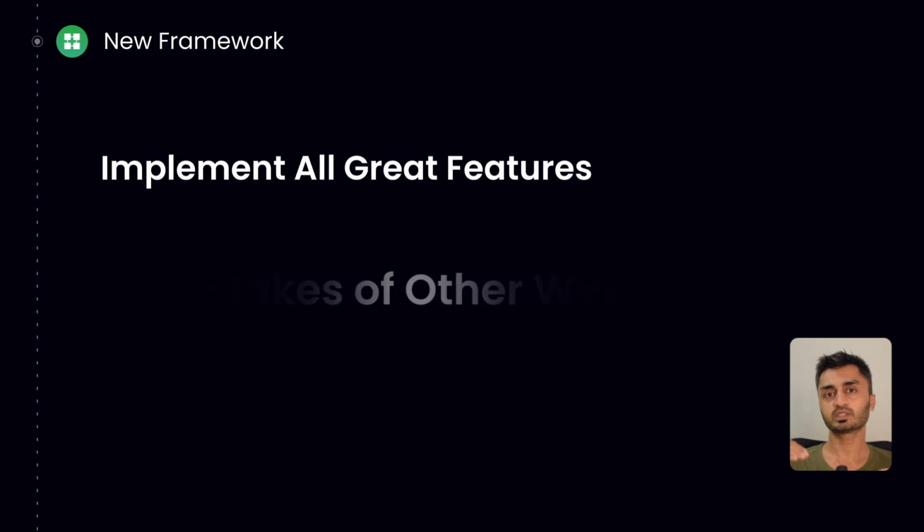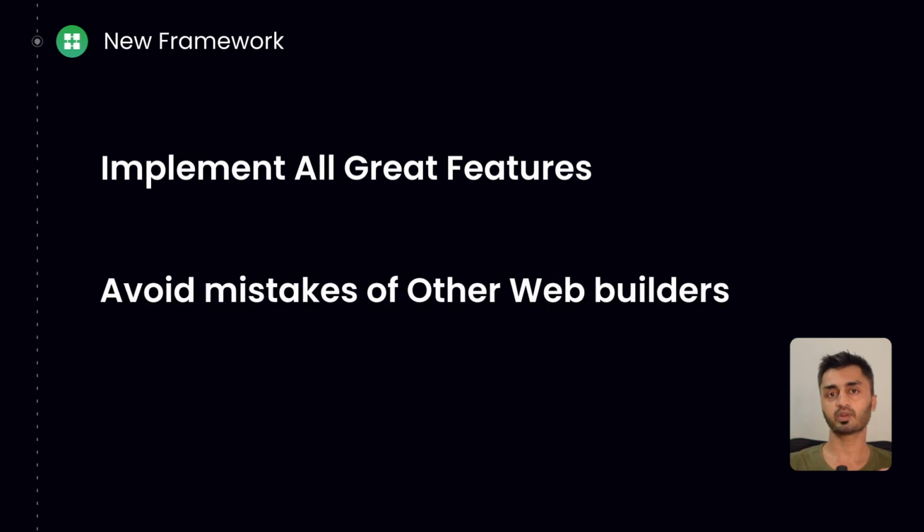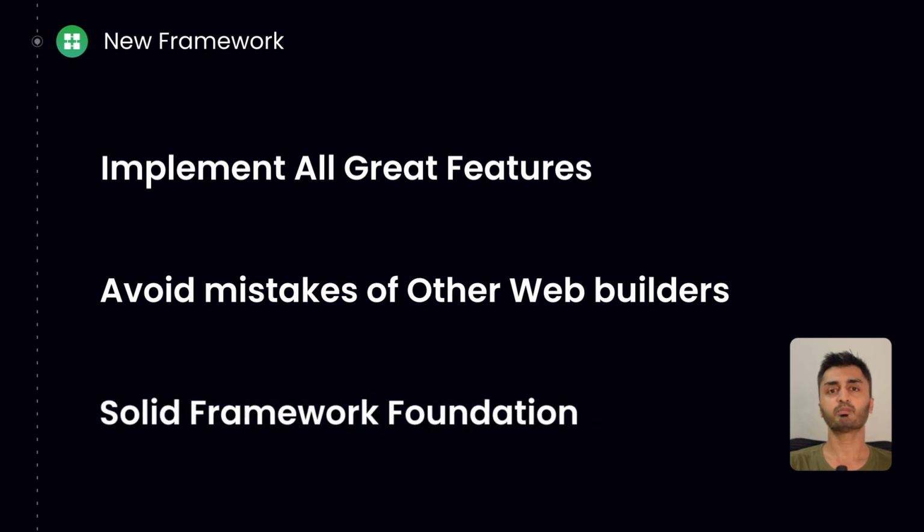Then we will also list down all the negatives of other frameworks which we want to avoid. In fact, we can go through the disadvantages of all the frameworks and CMSs and make sure that we avoid them. Now, it is definitely not possible to create a framework which will not have any disadvantages, but we will try to minimize them as much as possible. And finally, we will get feedback from multiple developers and make sure that the thought process behind our base foundation is really good. In this video, we will list down all those main features so you have a fair idea of what we are up to. Then later we can refine it.